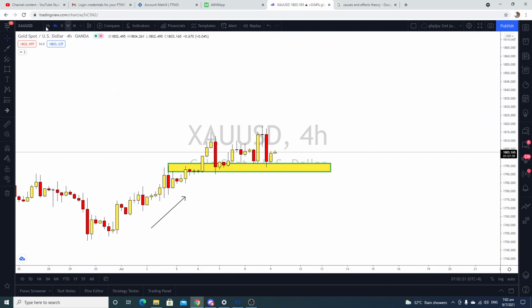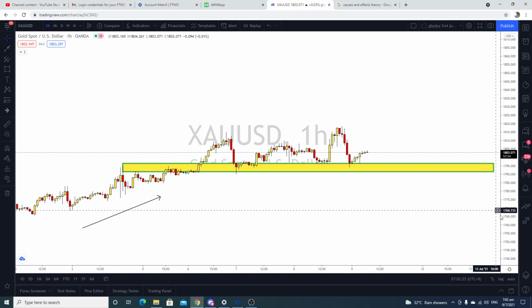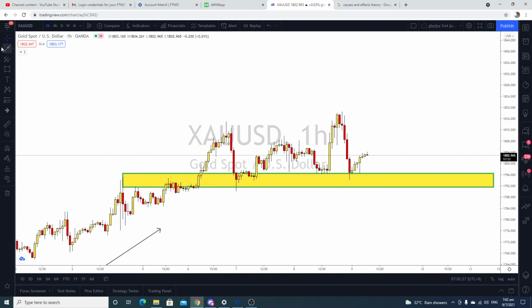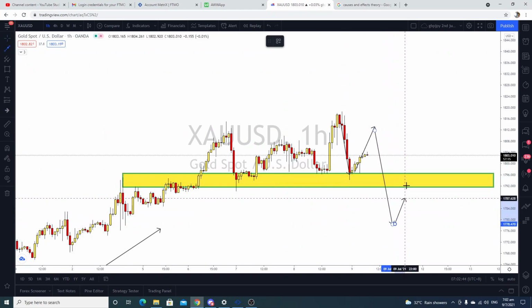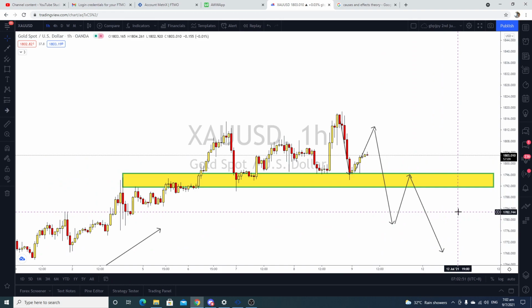Are we downtrending in the 1 hour? Nope. If price wants to make a downtrend, what are you looking for? We are looking at this as a signal for you to go down. The thing that must happen first, price goes up. Price needs to go down here and break this demand zone first. Then we anticipate this pullback for us to look for a sell.